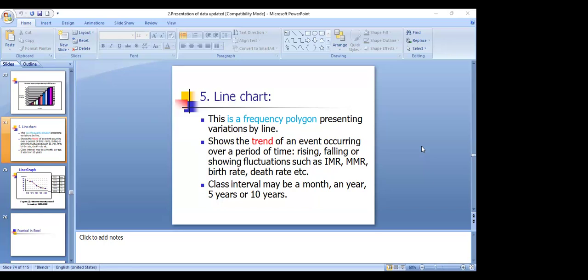It is nothing but a line which is formed by joining midpoints. What is a line chart? Nothing but a frequency polygon presenting variations by line. It shows the trend. So essentially, you have to understand that for quantitative data, you have to know what is